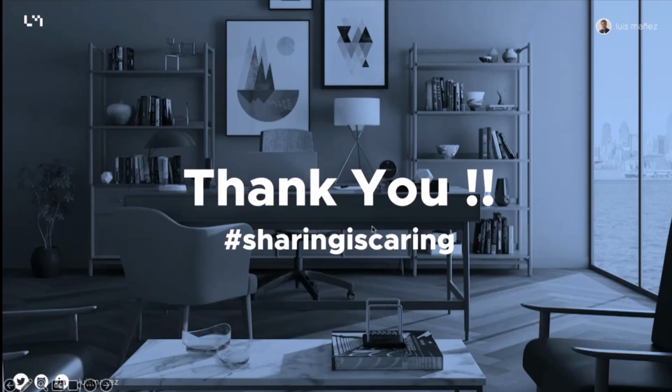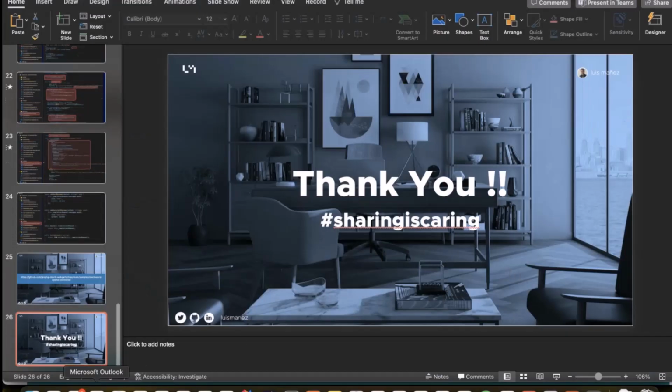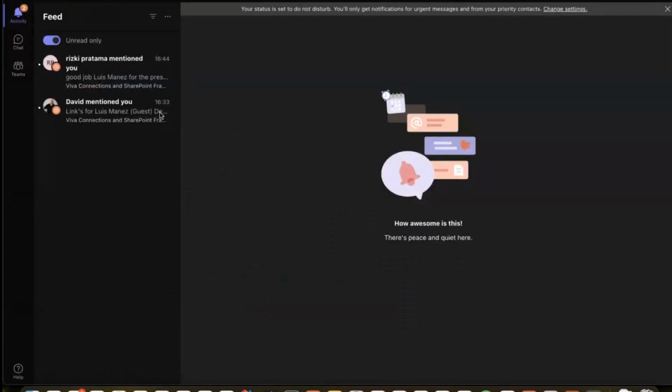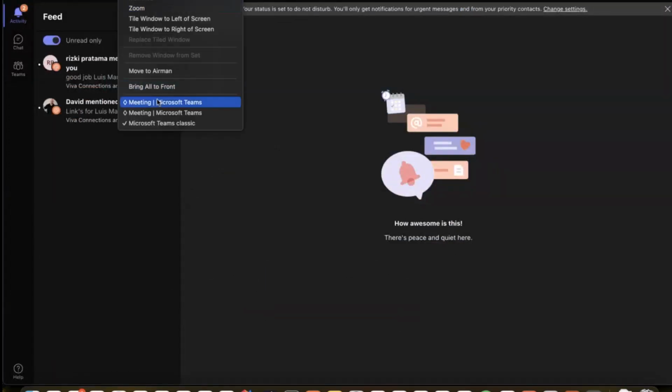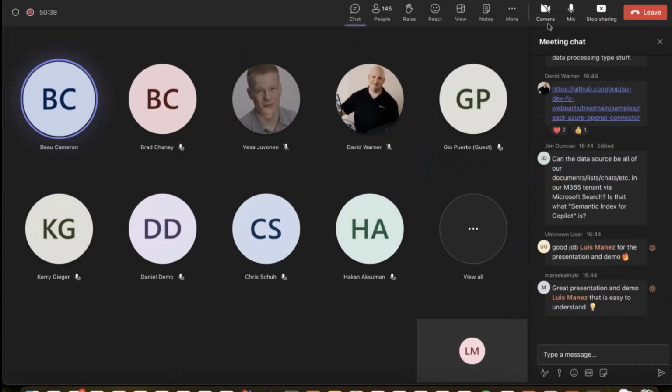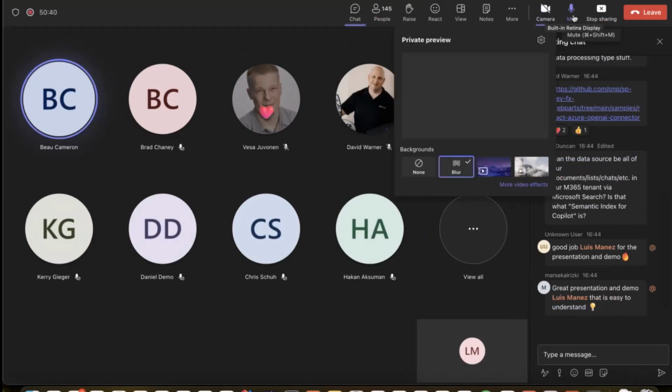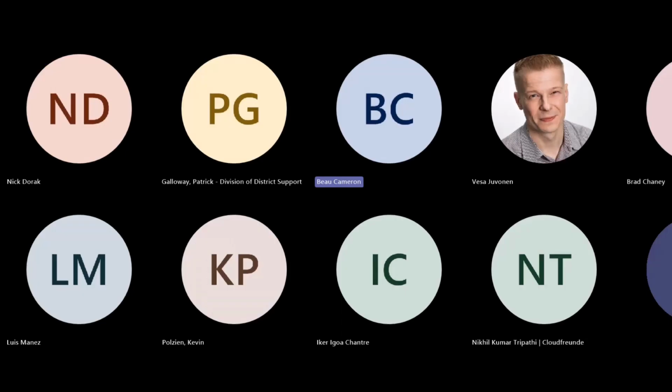Awesome, Luis. That's super cool. OpenAI is really awesome. If you can get that in your tenant, I highly recommend checking it out. All right, up next, we've got Sergej, giving us a nice demo on list-based models.